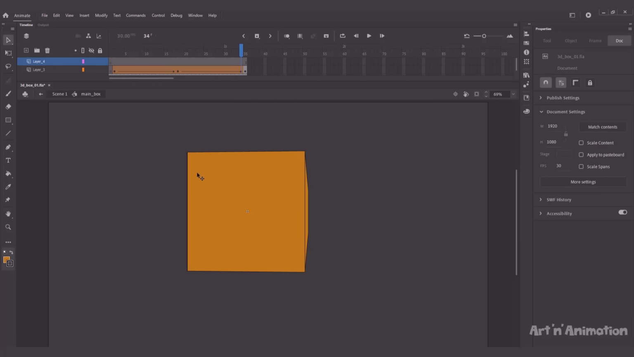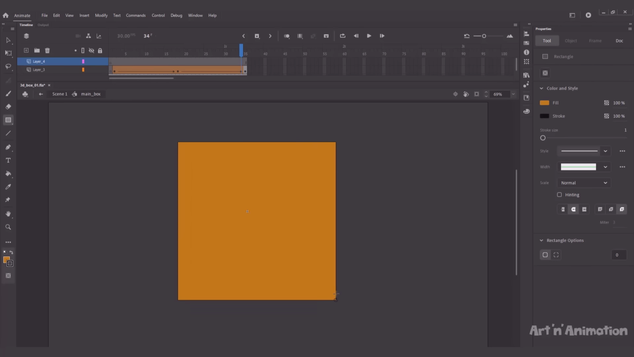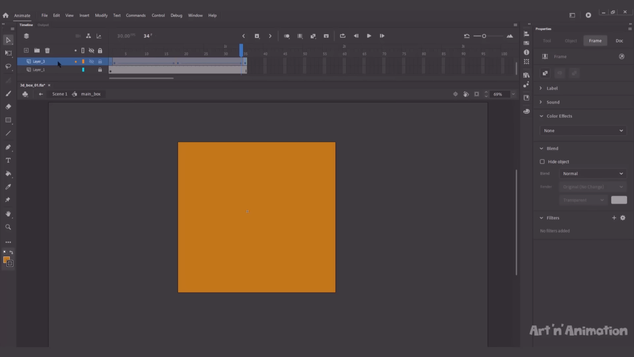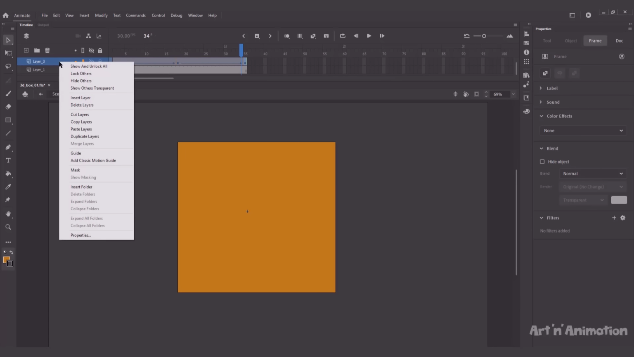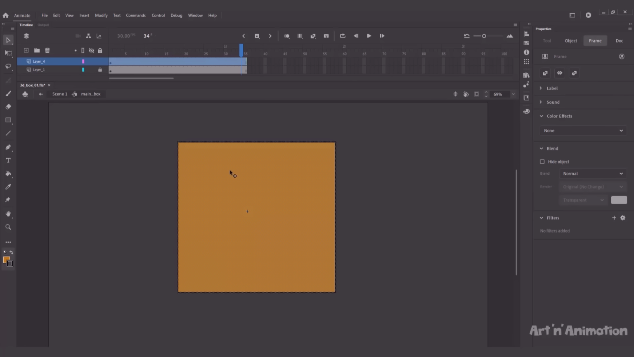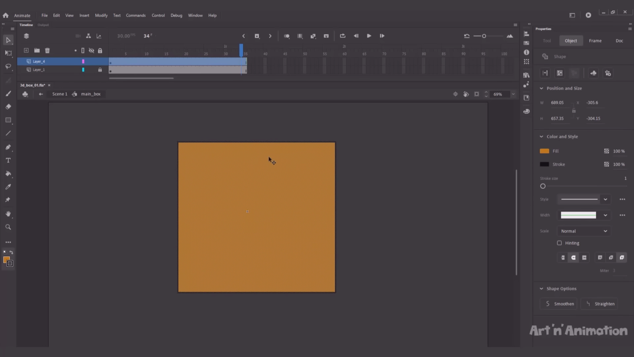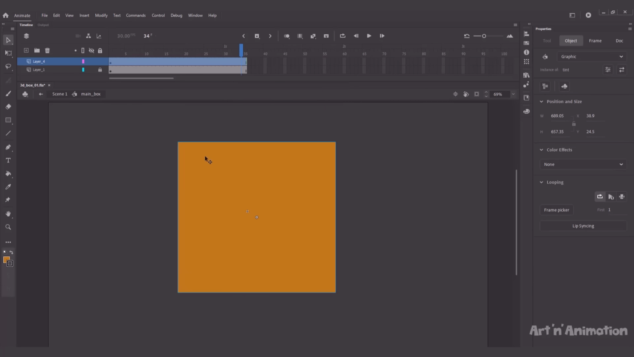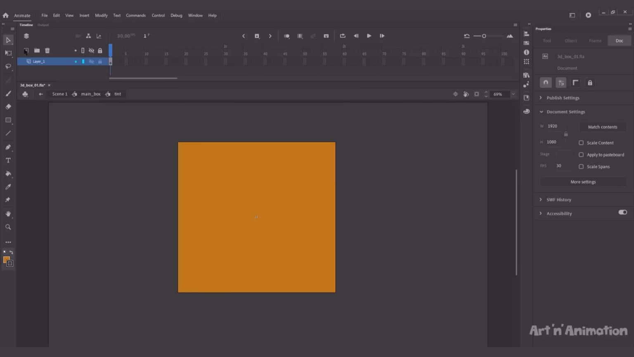We now create a new layer 4 and draw a rectangle using the rectangle tool. The shortcut is R. We then select layer 3, right click on it and choose Cut Layers from the drop down menu. Next, we select the square that we have drawn on layer 4, right click on it and choose Convert to Symbol from the drop down menu and call it Tint. We enter the symbol by double clicking on the square,